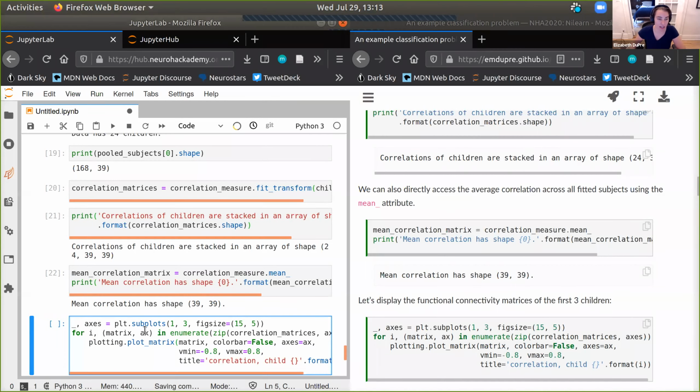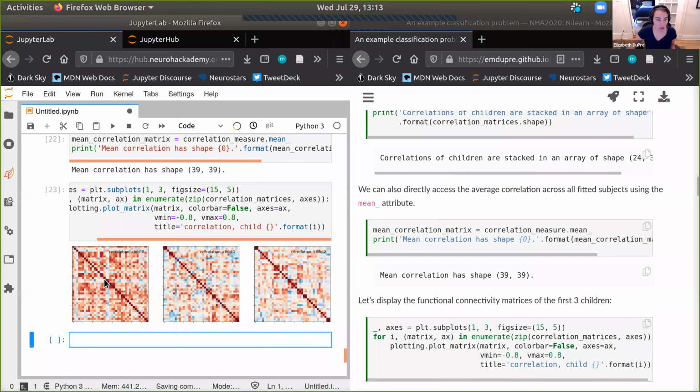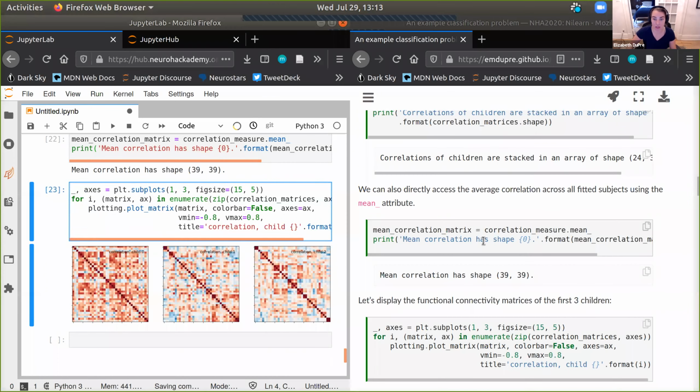I'm plotting each of the first 3 children's functional connectivity matrices using the same kind of plotting as before. One thing that's different is that I didn't zero out the diagonal, but other than that, you can see they have pretty unique structures. This is why it's really nice to see what all the different participants look like.